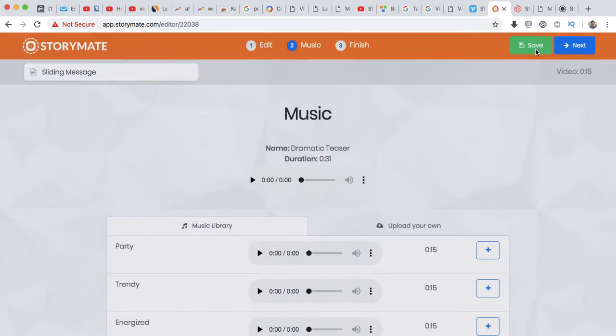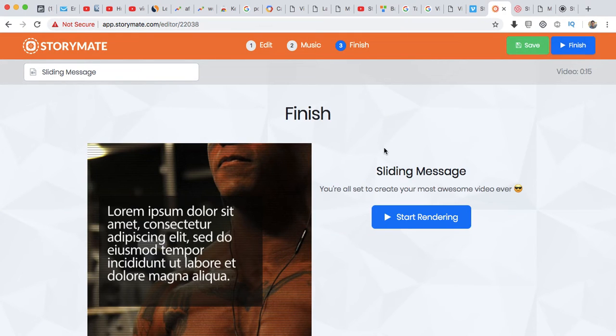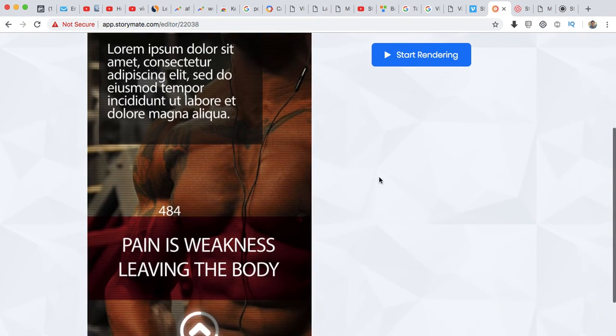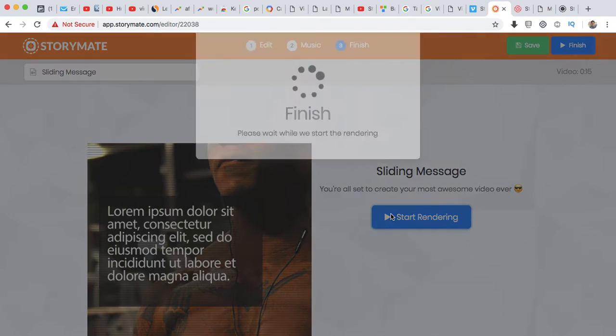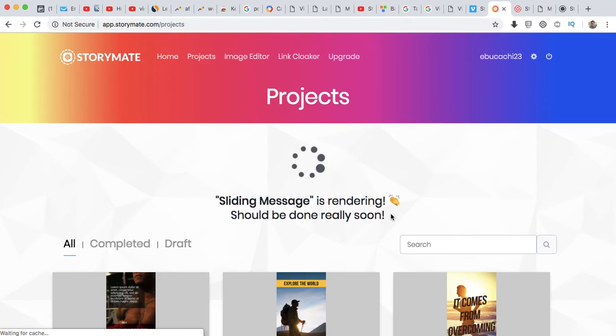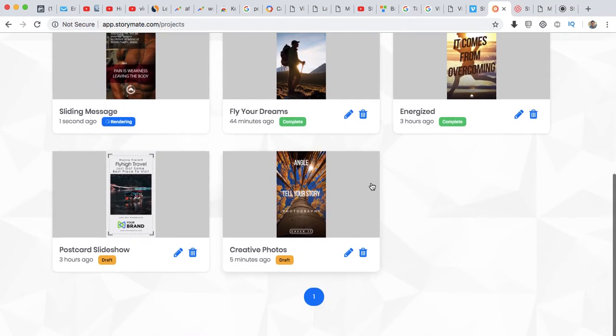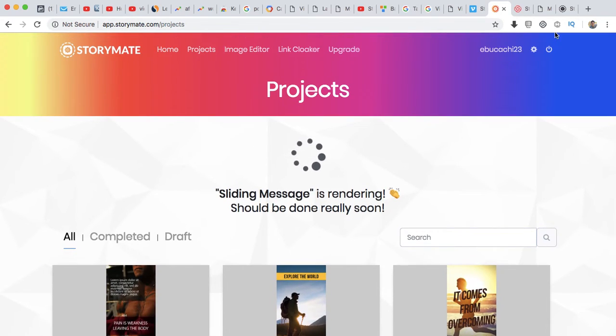Okay. Let's just save it, go next, and then all you've got to do is start the rendering. And literally within probably 5 minutes, maybe less. And also I will get an email notification letting me know once it's finished rendering, so I don't have to sit here and just wait. I could literally just go and do something else. So while it's rendering,